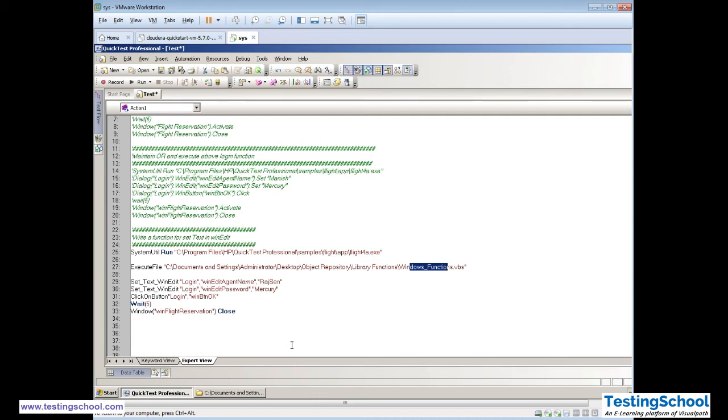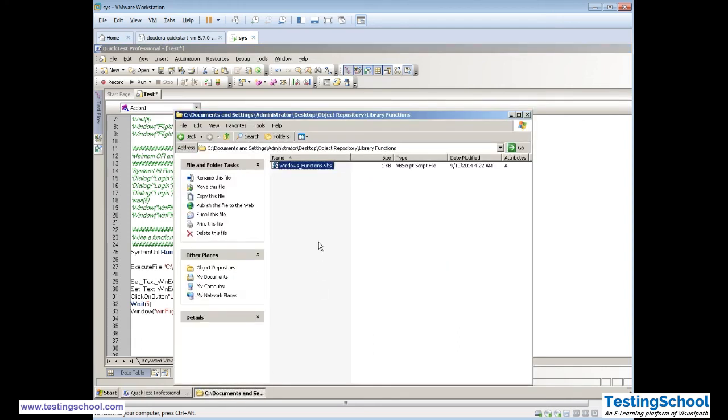What is the advantage of this? While writing the code we only mention the functions. We'll call all the functions together. Maybe 100 or 200 functions are there based on the requirement. Those functions will be kept in a separate file, as you can see here, windows function.vbs.